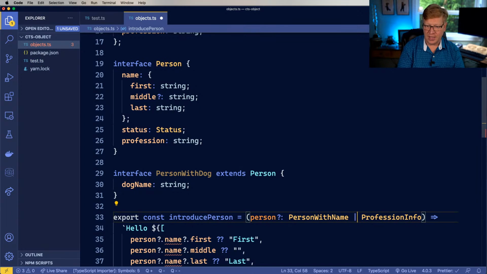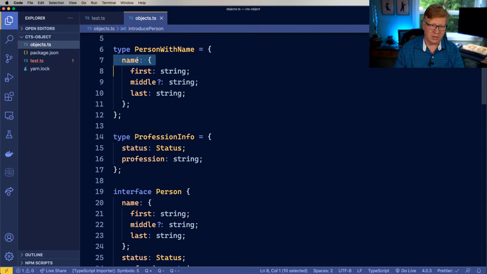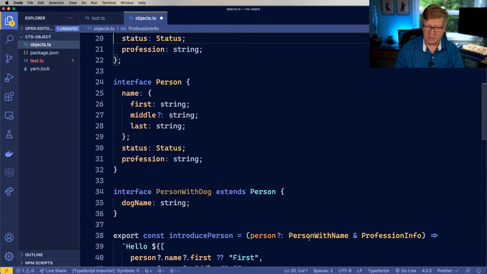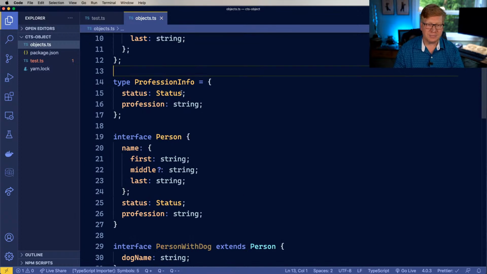Whereas if you say that, then you're saying either, but this means that you need both, right? So you can merge types together, and what you're using is this and operator, and you get the union set of whatever these types are. So if this also included, I don't know, the name as well, then there'd be no delta between these two things, and it would just add together. So you can do that kind of thing. Does that make any sense? Yeah,